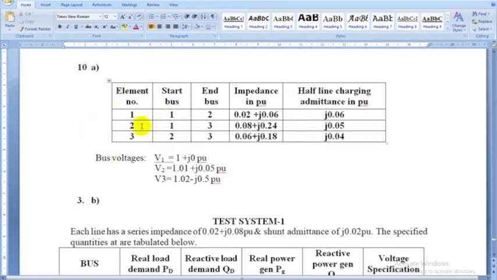We are not considering the element number because it's not important for us; only the data, that is start bus, end bus, impedance and the line charging admittance, will be taken. We consider the voltages in one matrix, that is the V matrix, with the first element, second element, third element. This is what we consider in the coding part.